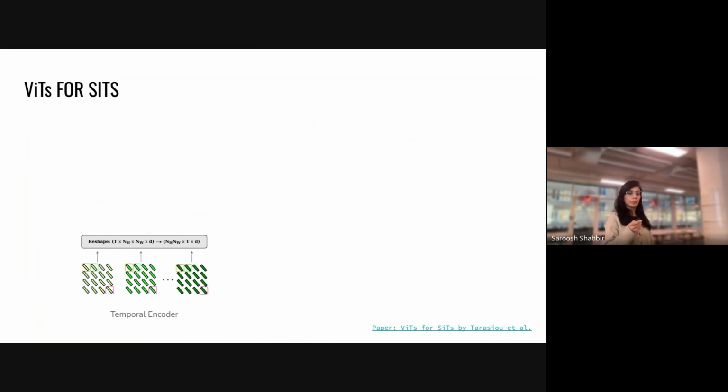And then we come to the paper that is the main theme of this presentation, which is that how they do it is basically apply the same kind of factorization, but they apply the temporal and then spatial, and then they motivate why they do it. It's because of certain specialities of satellite imaging data, which is different from natural images.